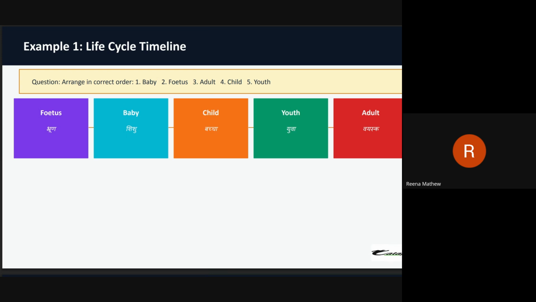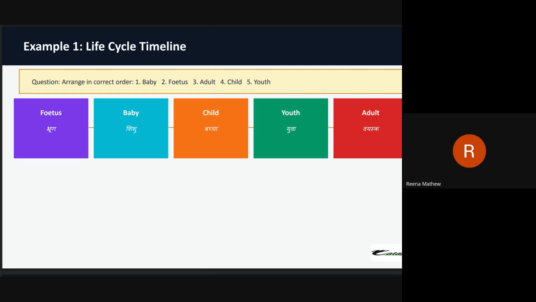Okay, yes, so that is the first stage. Fetus is the first stage. What happens? Baby ke baad comes the child, then the youth and the adult, right? Yes, so that is the